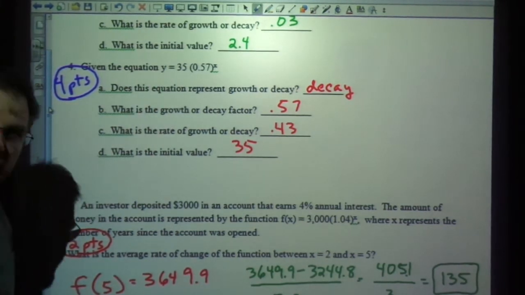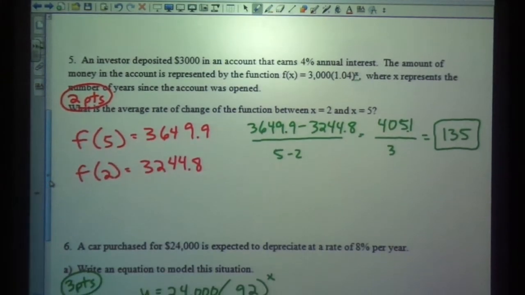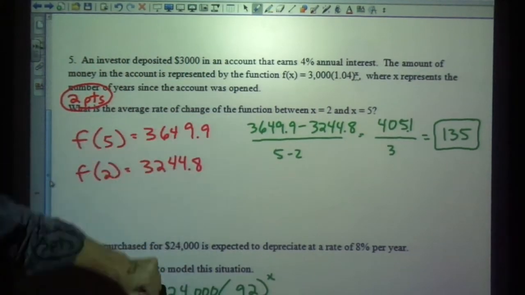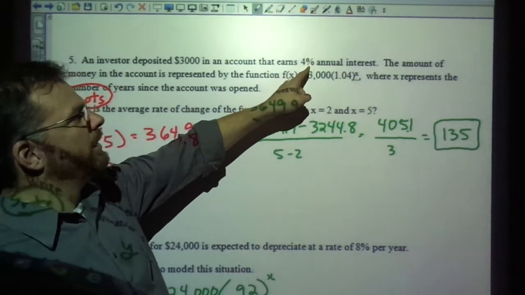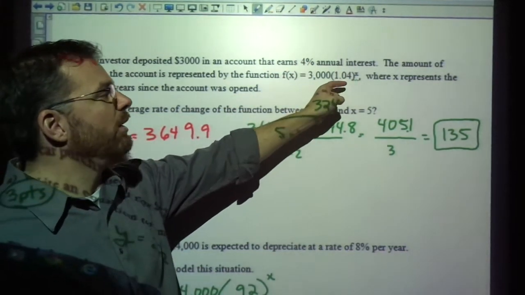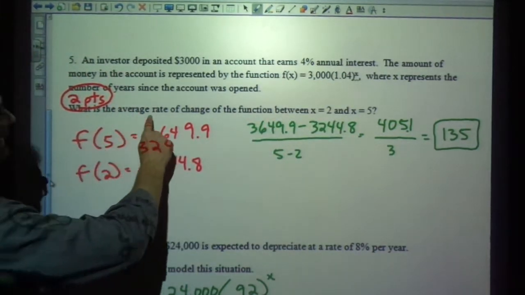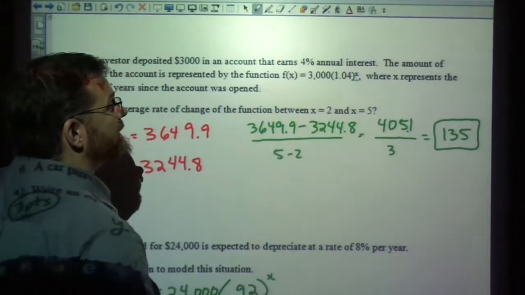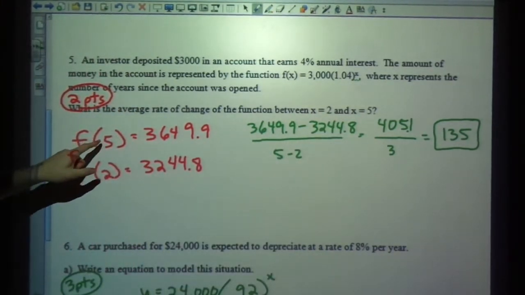You can pause this at any time if you need to be able to score it. The next one, we've got this investment, $3,000 at 4% interest. Remember, this makes a decimal of 0.04, which is why this is 1.04 to the x. To find the average rate of change between 2 and 5, we find what's the value of the function when x is 5,